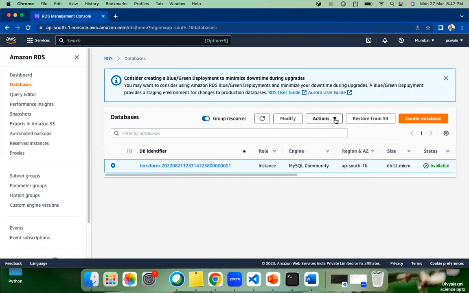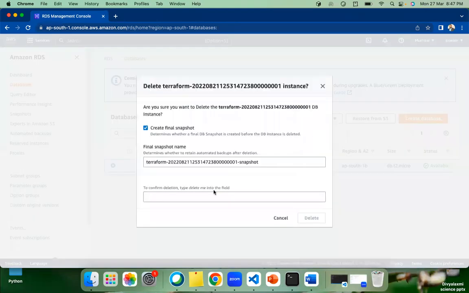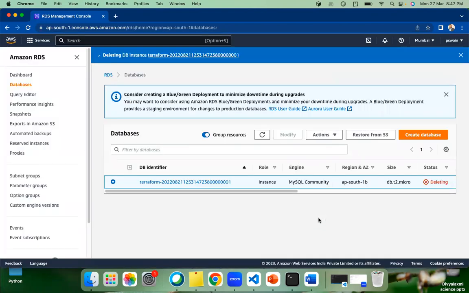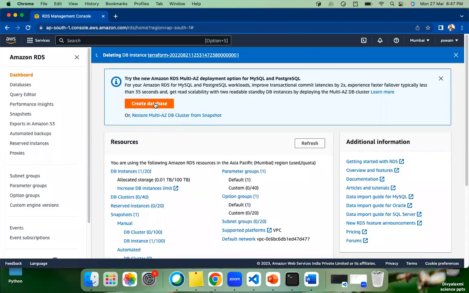So what we can do, DB identifier first, delete. To confirm, you have to type delete. Okay, delete me. Okay, delete it. So it's deleting. Let it be deleted. Now what you can do here, go to the dashboard again, and we can see here